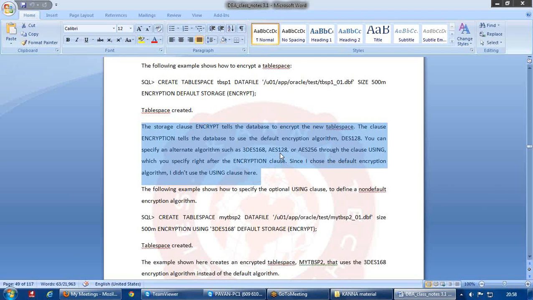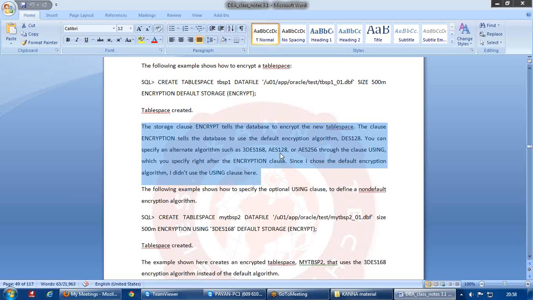The default encryption algorithm is DES128, and apart from DES128 you can specify alternate algorithms such as 3DES168, AES128 or AES256.